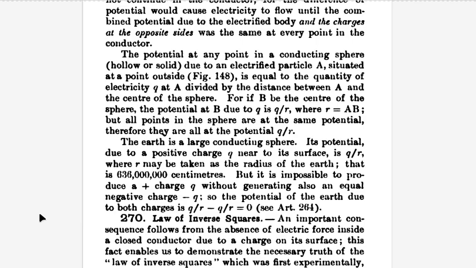The Earth is a large conducting sphere. Its potential, due to a positive charge Q near to its surface, is Q over R, where R may be taken as the radius of the Earth, that is 636,000 centimeters. But it is impossible to produce a plus charge Q without generating also an equal negative charge minus Q. So the potential of the Earth due to both charges